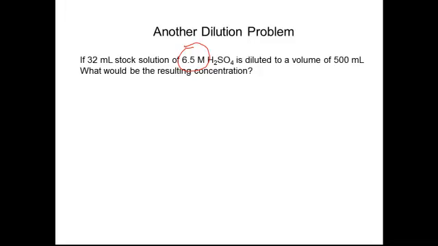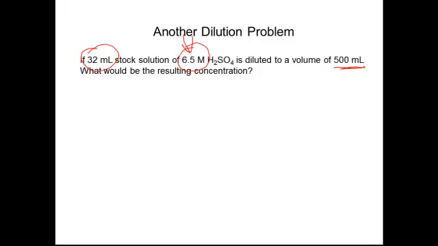So a lot of times what we do is when we buy this stuff, we buy it really, really concentrated, and then what do we do so we can use it in the classroom? We dilute it. And so we don't have to pay for a whole bunch of water that we're buying. We're buying mostly acid, and then we just dilute it using this exact formula that we're learning today. So 6.5 molar is getting up there. That's a pretty strong acid. That's one where I would definitely be wearing gloves. I might even be wearing something protecting my breathing simply because a lot of those vapors can be potentially dangerous as well. So 32 milliliters of a stock solution of 6.5 molar H2SO4 is diluted to a volume